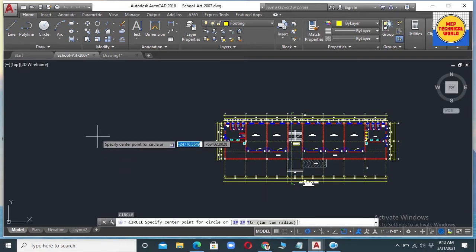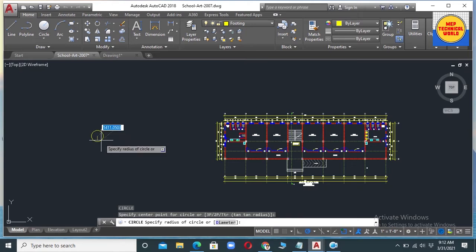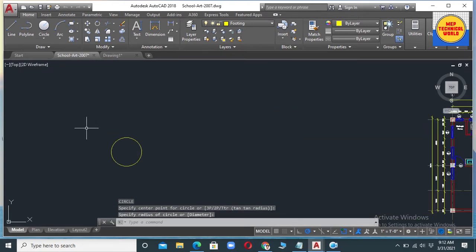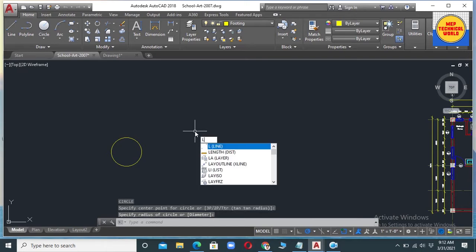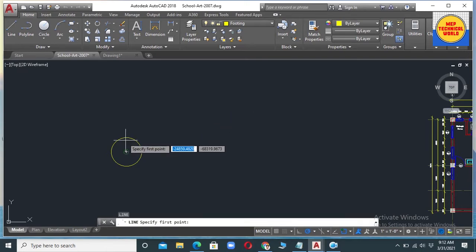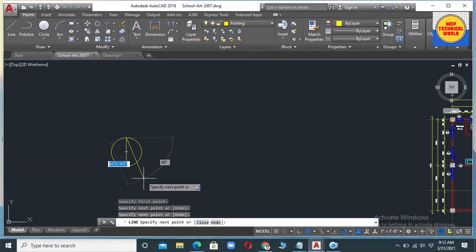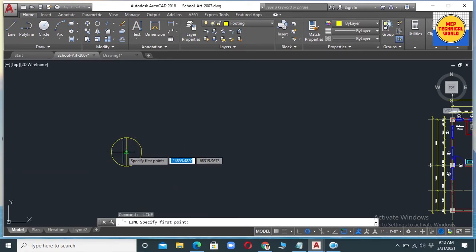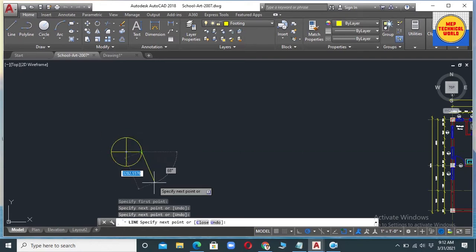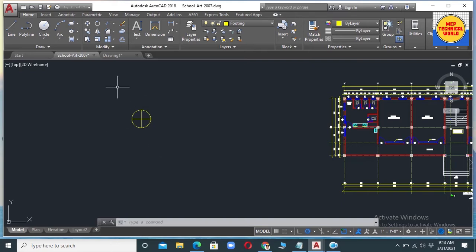Type C. Now let's use line command. So here I have made a 5-watt LED light, which is round type.